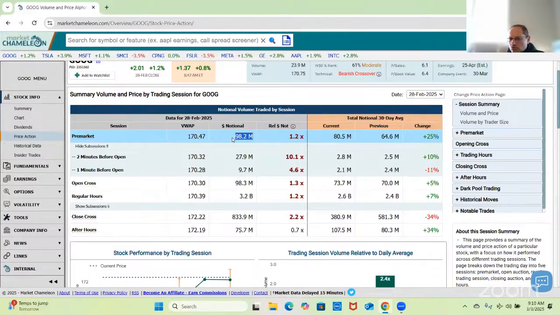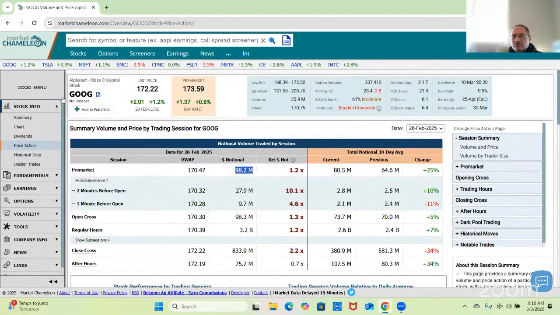So we want to keep track of the VWAP price and the notional, the dollar amount of the trades. Here we got $98 million worth of Google traded in the pre-market on February 28th. So that's a pretty significant amount. And on top of that,